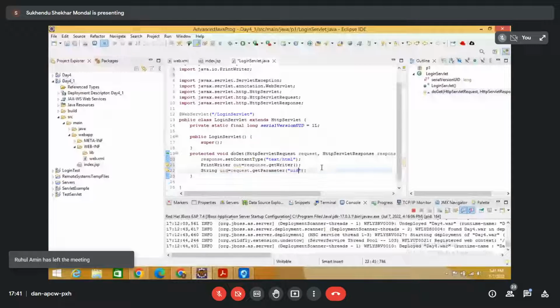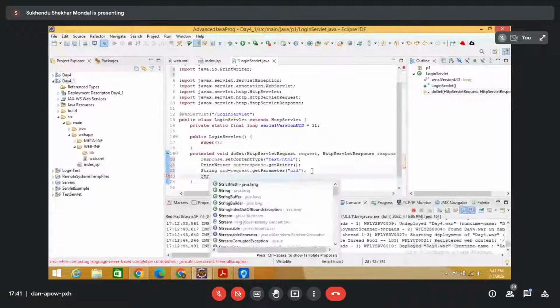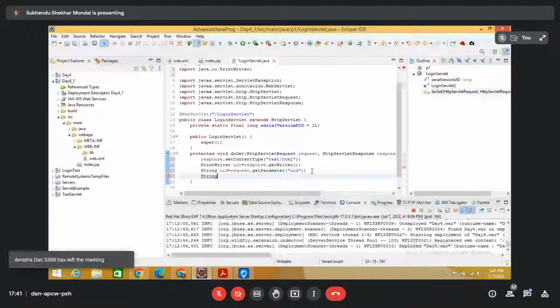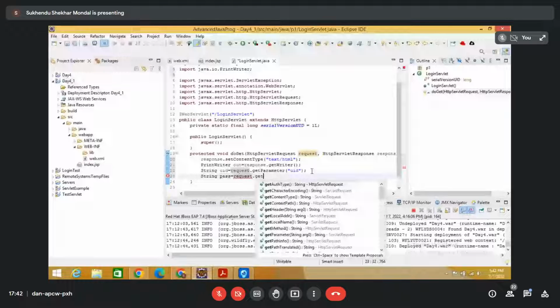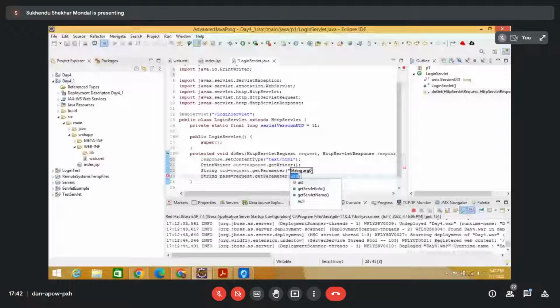And then the String password equals request.getParameter, and this one is pass, so you fetch this one, and if